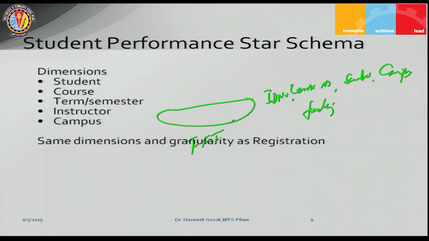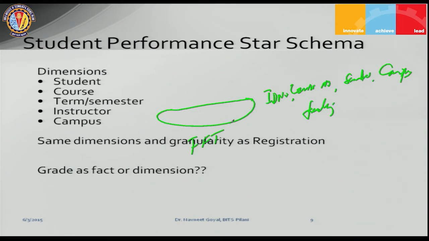The dimensions for this particular student performance star schema would have the same granularity as that of the registration process, because both happen only once in a semester. And then